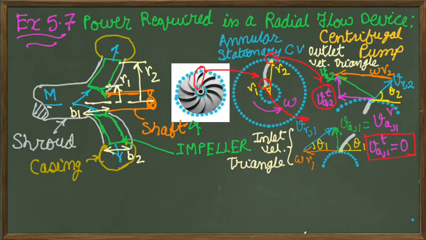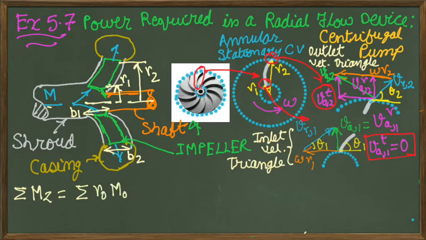As shown circled here, this is the radial component of the absolute velocity at the outlet. 1 denotes inlet, 2 denotes outlet, and while drawing the velocity triangle, we are considering the relative velocity. Note that at the inlet as well as outlet, the relative velocity is inclined at the blade tip angle, which is the angle the blade makes from the tangent on the circle to which it is attached.